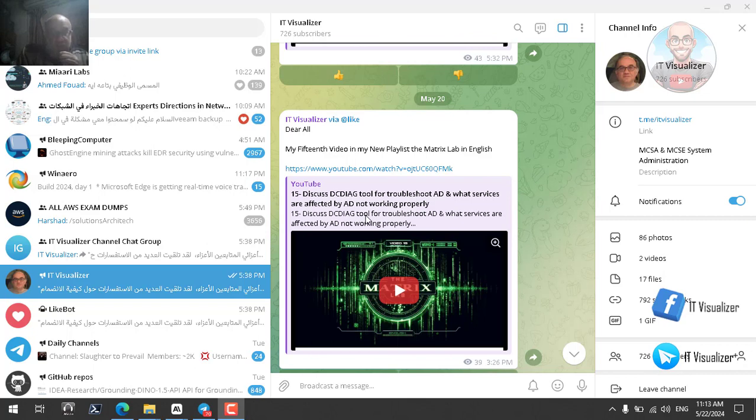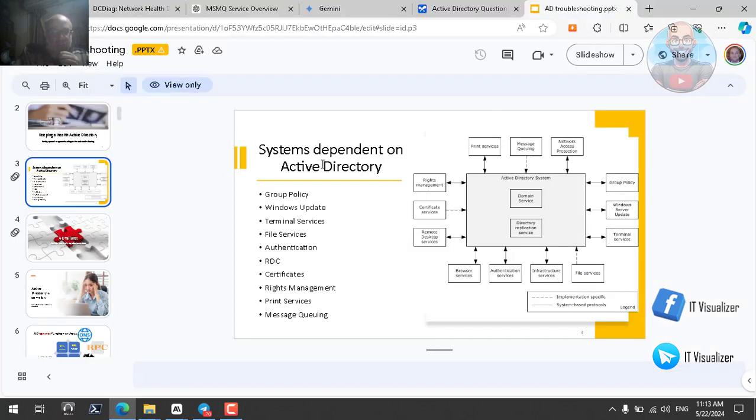And we have seen what services will be affected if the Active Directory is not working properly. If you remember this graph, these are the systems dependent on Active Directory. I've discussed that group policy, for example, is dependent upon Active Directory, Windows Update, and all of these services. So if there is a problem with the Active Directory, all of these services will be affected. Okay, so today we will